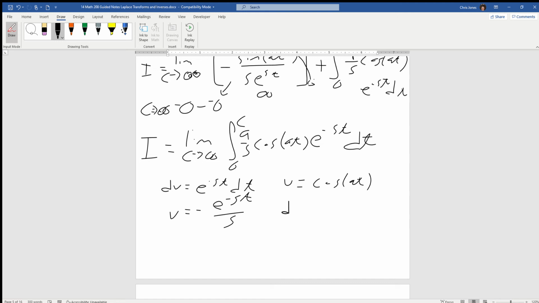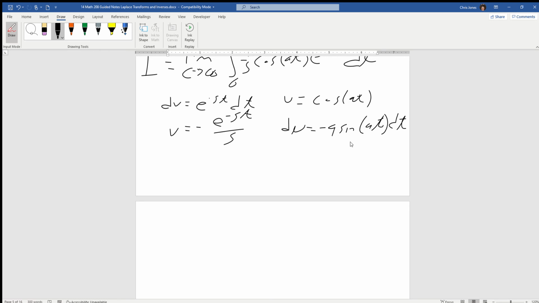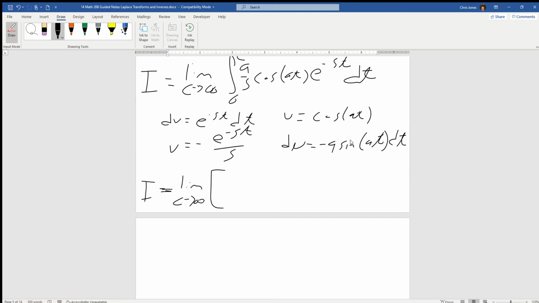And the derivative is going to be negative a sine at dt. And so once again, we can substitute into the integration by parts formula. So now I is going to be equal to the limit as c approaches infinity of uv. And remember we have this a over s that we're dealing with as well. So we have a over s times uv